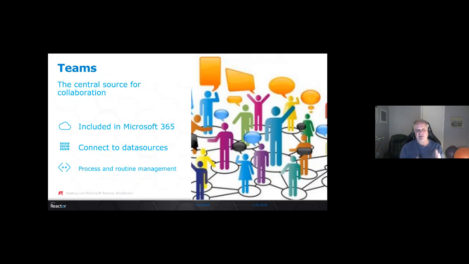What I will discuss here is that you can actually use this Power Apps in Teams for process and routine management. Process and routines that you work with in the business, they can be managed in Power Apps with Lists as a data source. So talking about Lists now,